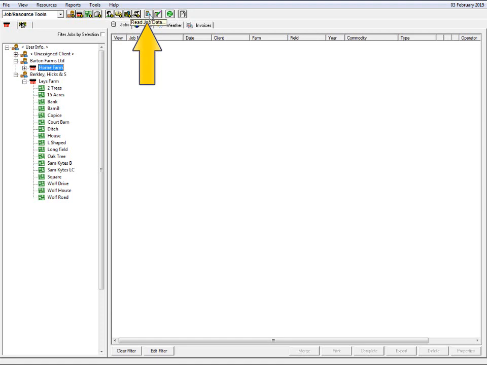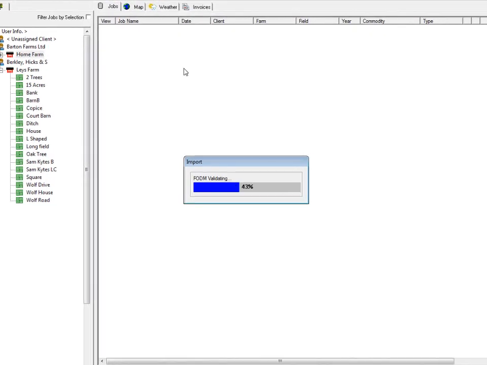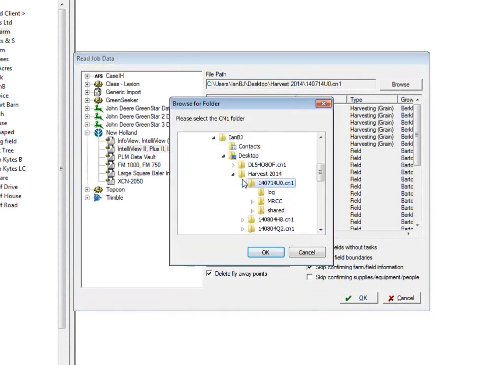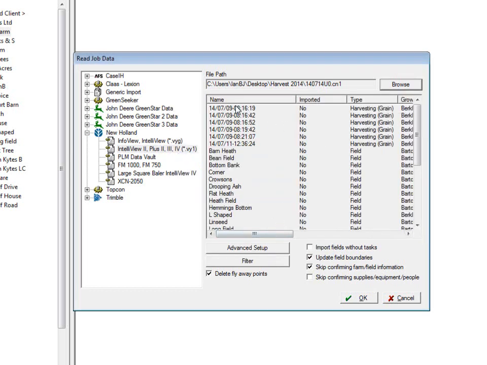So to bring the yield data in, what we need to do is click Read Job Data. If it isn't already selected, select IntelliView 2 plus 2, 3, 4 or whichever monitor it is coming from. Then we go across to browse and select our first data file from the monitor. We do them in alphabetical order. All we have to do is select on top of the CM1, click OK, and it will read it